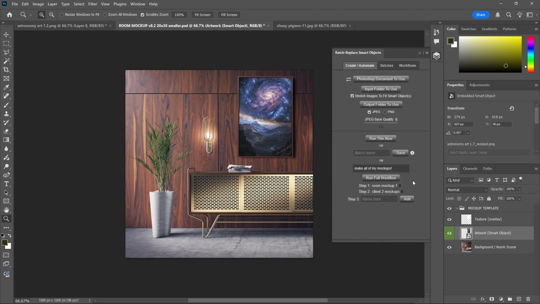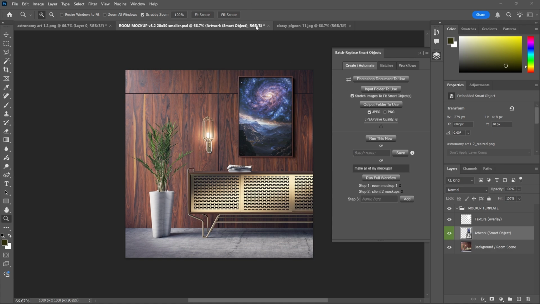Now, something else that we need to talk about is setting up your mockup templates so that it's compatible with this plugin. If it's a simple scene like this, where I've simplified it down to just the basics, as long as there's just one single smart object, the plugin is smart and it knows, cool, there's one smart object inside of this mockup scene. The plugin is called Batch Replace Smart Object, so it'll just locate the smart object